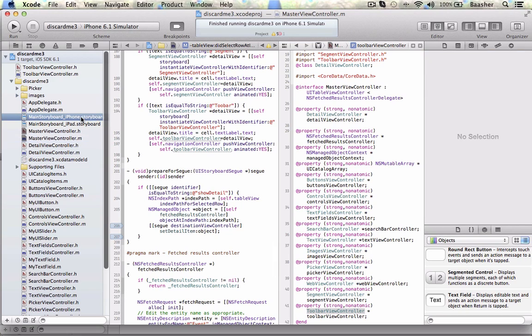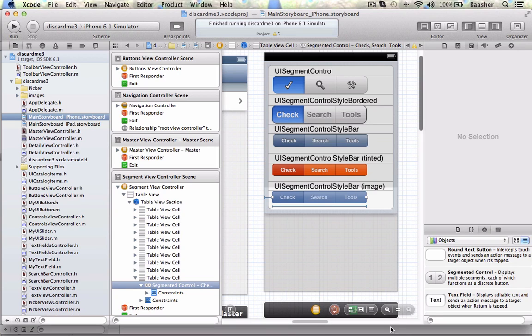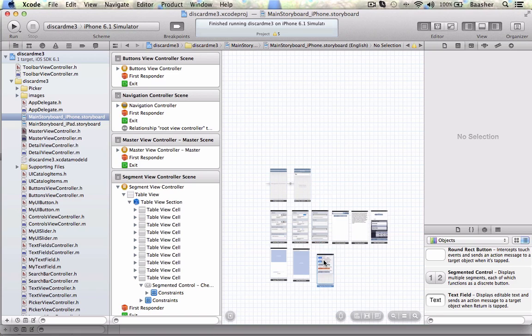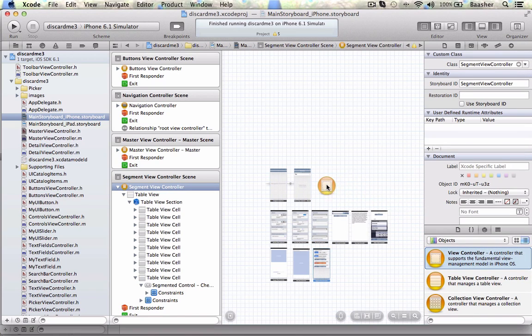So at this point I'm going to go into the storyboard, get view controller here,